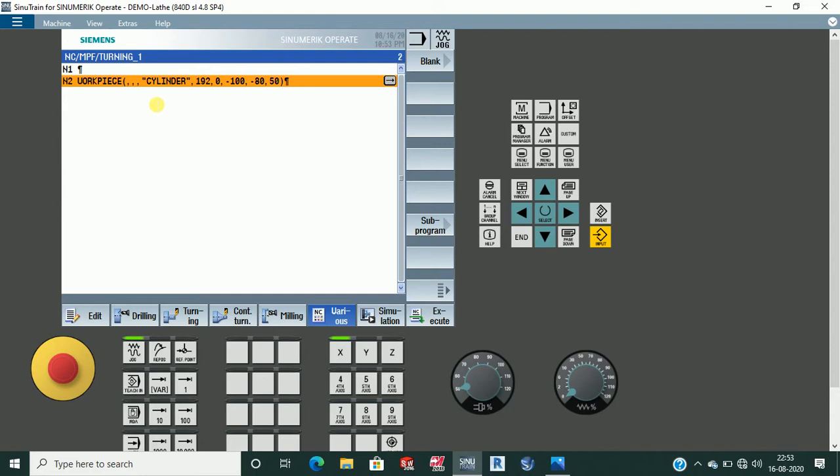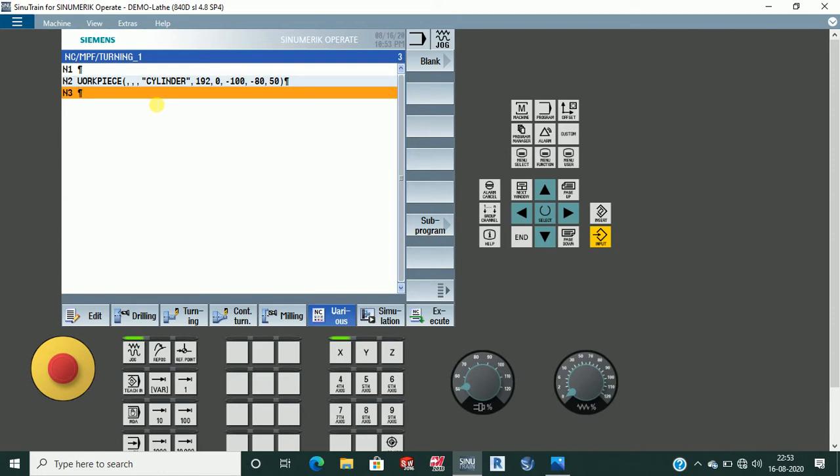Now we always make the home position of the machine. In Fanuc we use G82 X0 Z0, but in Siemens the code is different: it is G75. Just press enter for the next line.